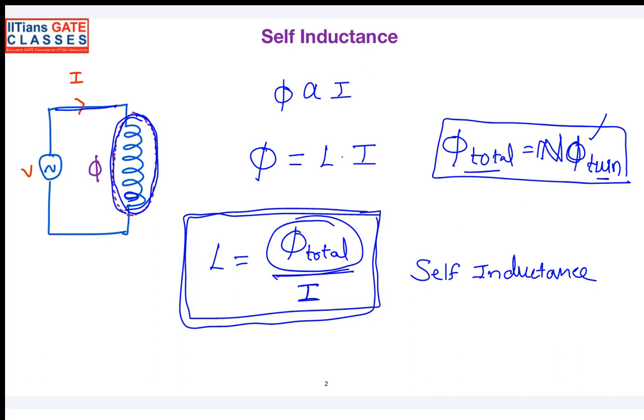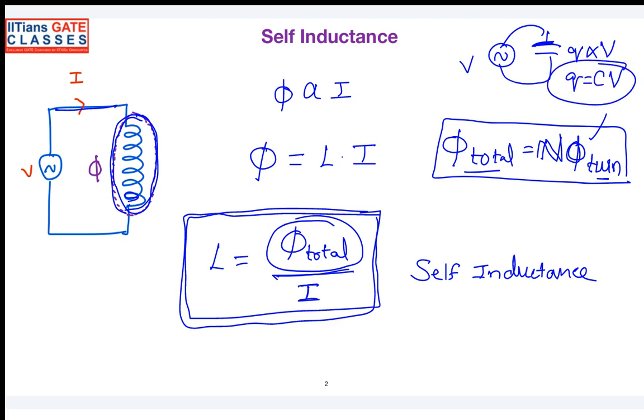It is the same way I have defined the capacitor. Suppose you have a capacitor and you apply a voltage here, what will happen? The charge will be induced on the capacitor. The charge is directly proportional to the voltage. So I can say Q is equal to C into V. In the same fashion, the amount of current you are passing defines how much flux is developed here. So the flux is proportional to the current. The proportionality constant